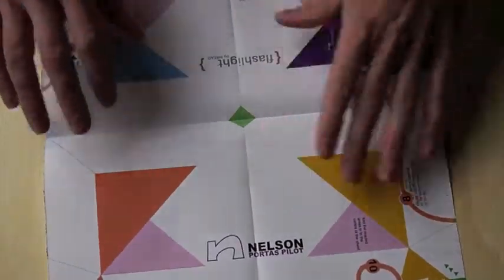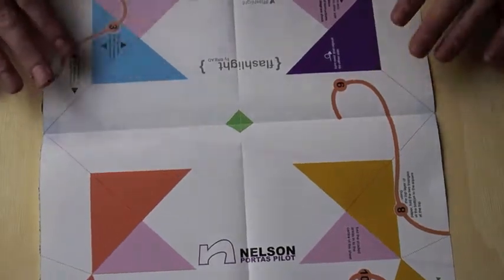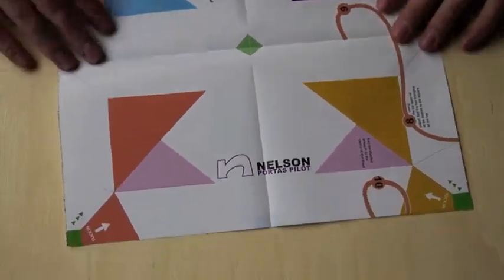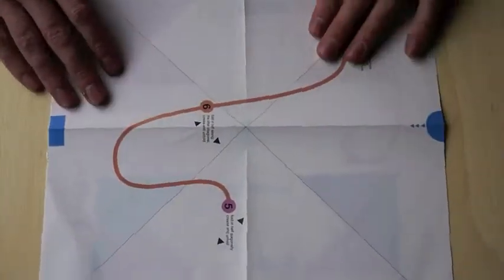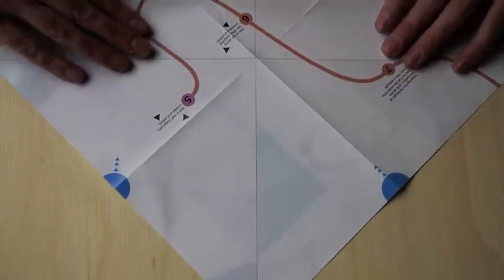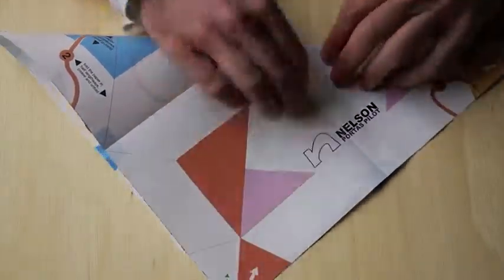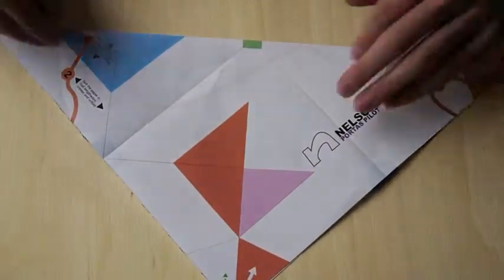Then we open it up, and you end up with a square of paper with a cross of folds in the middle. Now the next step is to turn the paper over, and it's really important that you do this. And now we're going to fold the paper into a triangle using the diagonals. So we're going to go corner to corner, give it a crease,